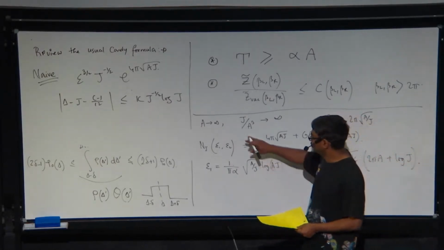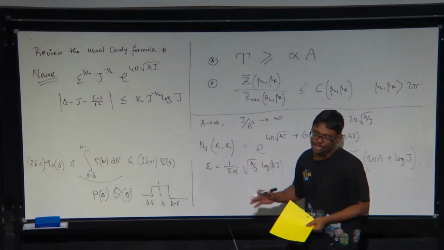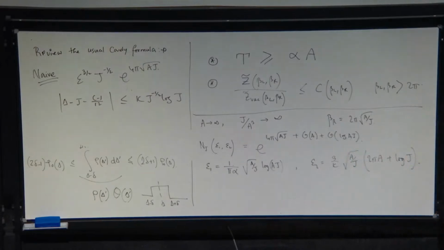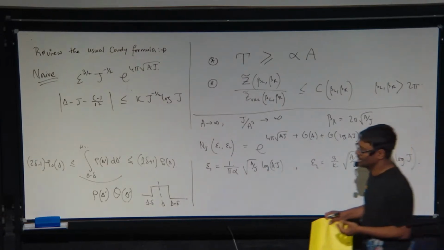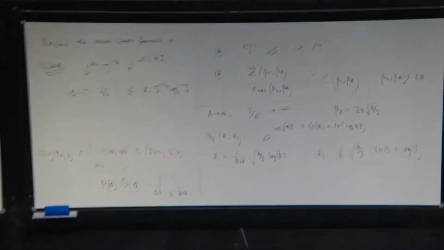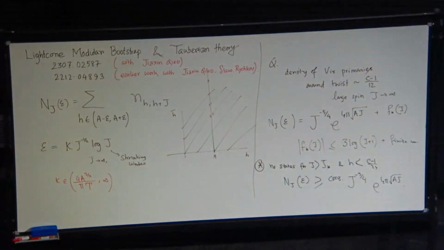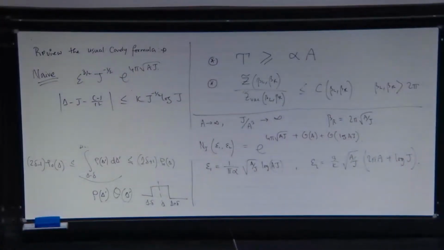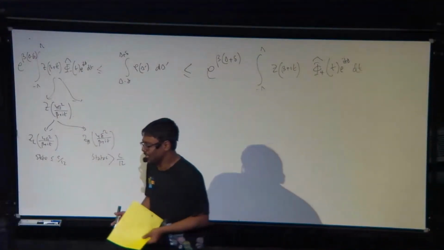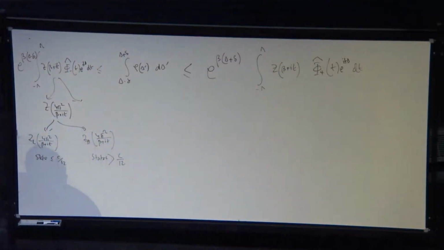So what we could do is, if we take this limit, we can show that there is a dominance of the BTZ black hole in the canonical ensemble. And if you translate that statement to the microcanonical ensemble, you will see that the states that dominate are basically in some narrow window around c minus 1 over 24. And if you just care about the dominance of the BTZ black hole in the canonical ensemble, then we can prove their results. But the point is that when you say that something dominates, you want to be able to say it both in the canonical ensemble and the microcanonical ensemble.